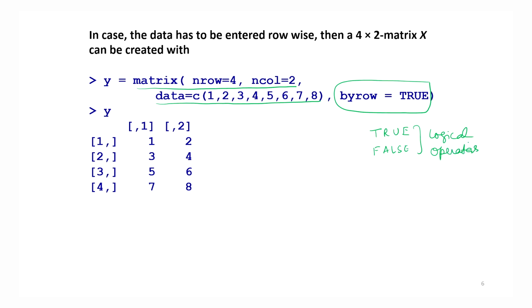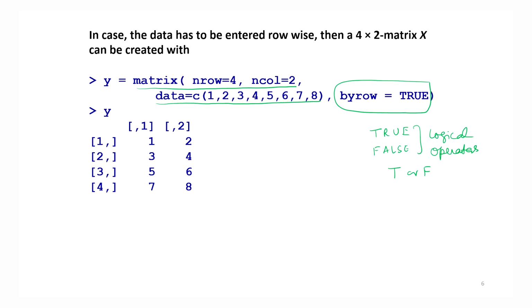And instead of true and false, you can also use here say a T or F, the first alphabet. So, if you try to understand what I am trying to inform the R software, I am saying by row is equal to true. That means I am asking R that when you try to arrange the data, you have to arrange the data by rows, and this statement is true. That means please arrange the data row wise.